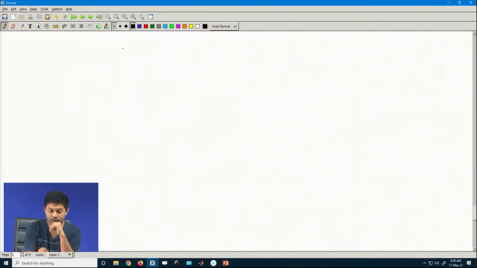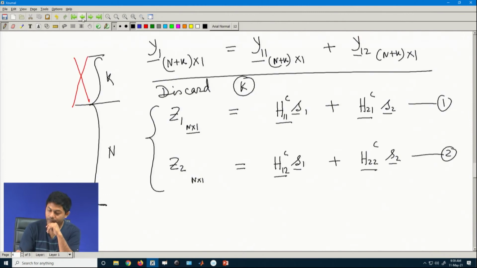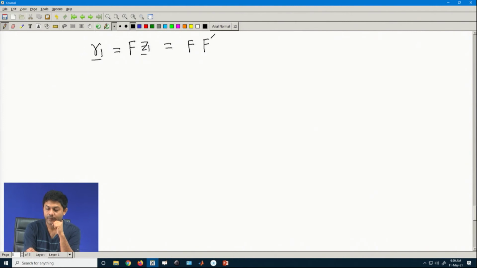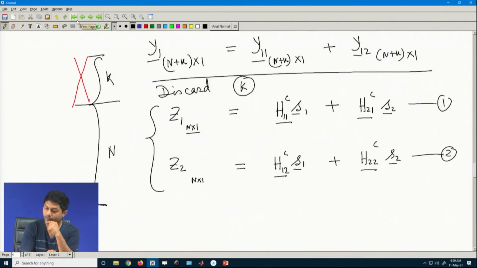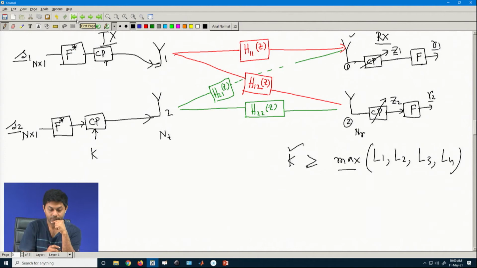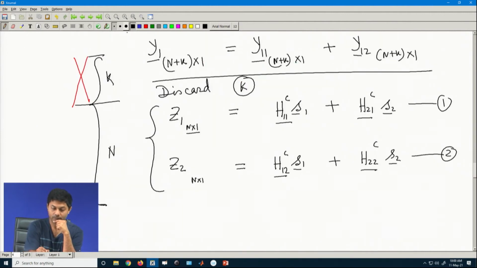So, what will happen? Let us call it R1 vector, which will be F into Z1 vector. So, now it will be F, H11 is there. Okay. So, let us break it: F star sigma 11, let us call it, F. Just a second, let me call it X, so that it will not create any confusion.